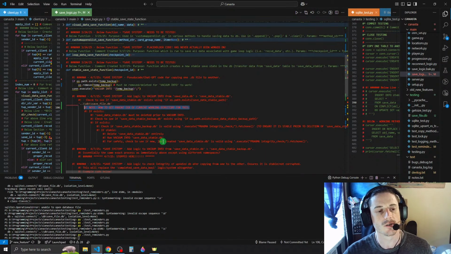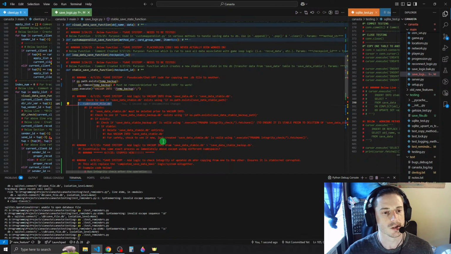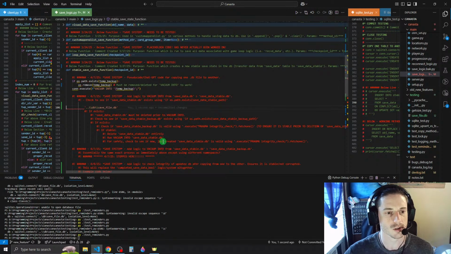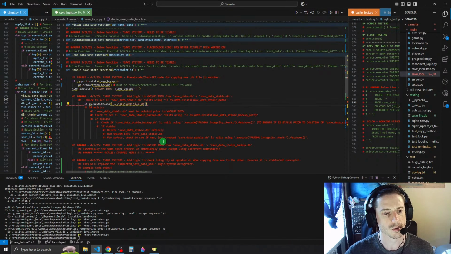because this is already saved in our test reminders, so we actually don't need this. But I think we can use. So let's go ahead and add this. This will be our line of code, not pseudocode, and we're gonna say if os.path.exists, and then we just pass this string in. So if this path exists,